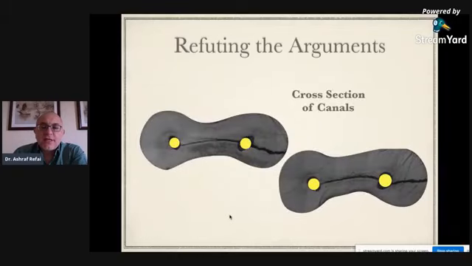Not to mention that canals themselves are not necessarily round. This is also a misconception. Just because you inserted a rotary file inside the canal and prepared it, that doesn't mean these canals have become regular tubes or regularly circular in cross section. So you can have an irregular canal, and you can place in a regularly tapered instrument, and there will be a discrepancy between the canal walls and the instrument themselves.